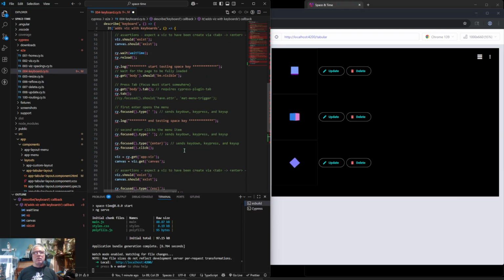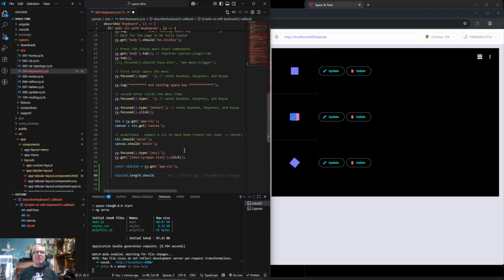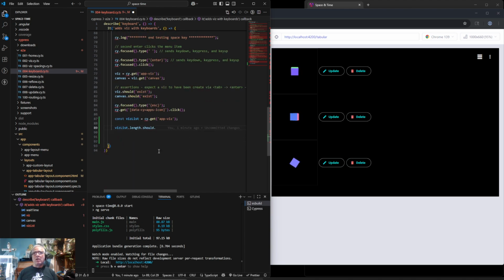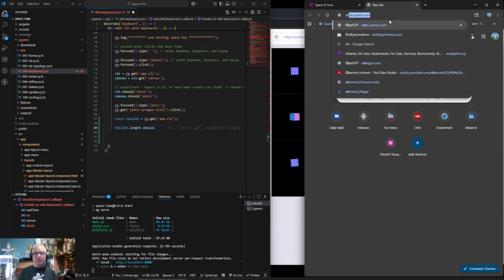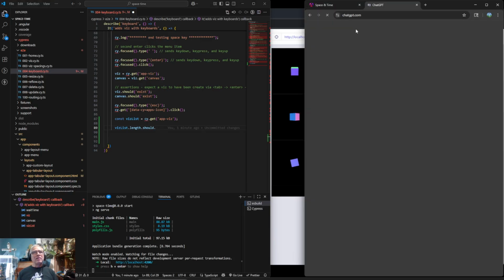All right. I don't think that, so the problem is, and this is one reason why I'll never have Cypress in with my application again, is because I'm not getting the contextual help, because for some reason the IDE just can't figure out that I have 2 different kinds of tests going on. So I'm gonna have to go to ChatGPT and say,